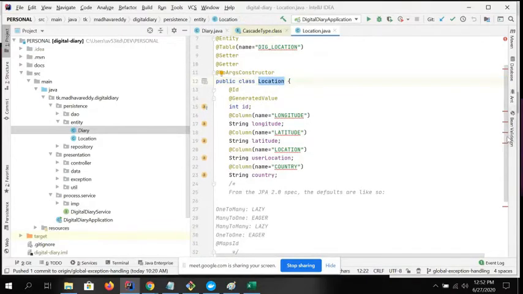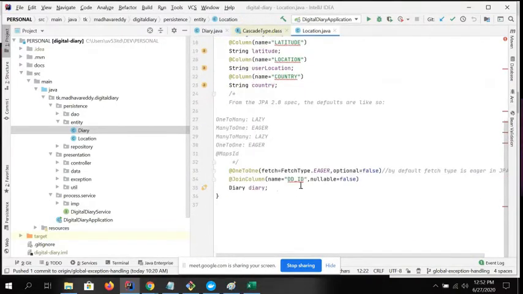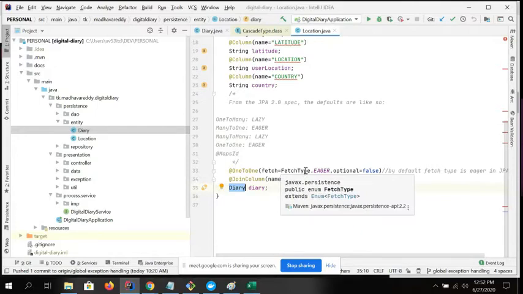Location is the owner for this relationship, and who is the master? That means who is the main class? We can specify diary is the main class here. Diary is the main class, and I'm trying to make a relationship here with this diary. That means in the child you are making a representation for the master entity entry.